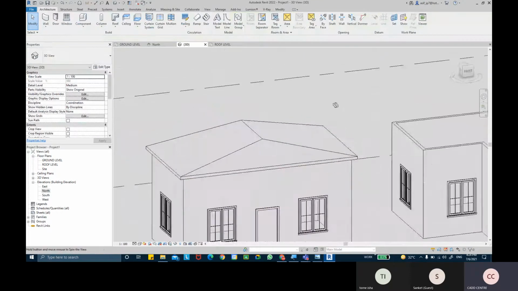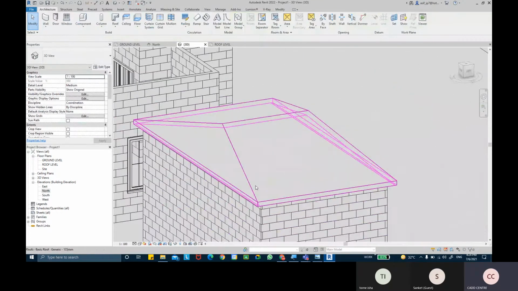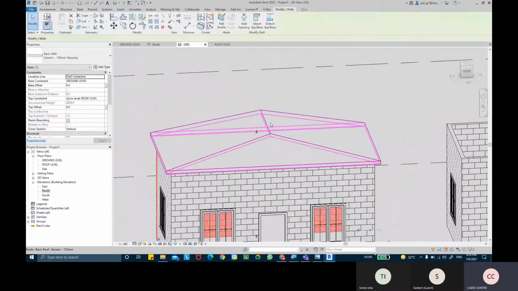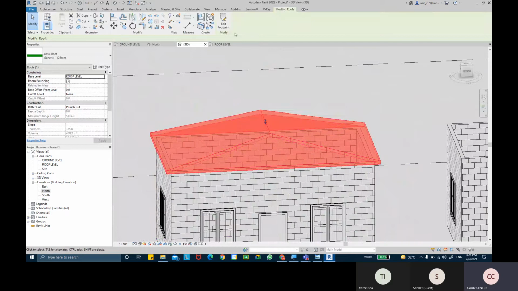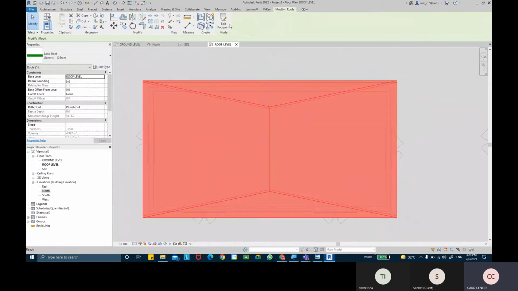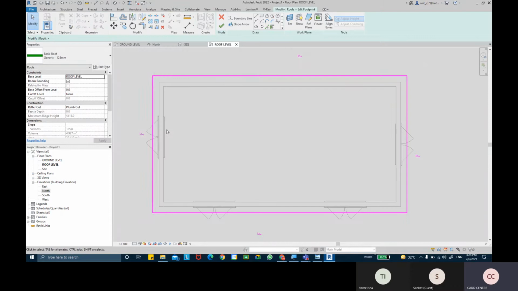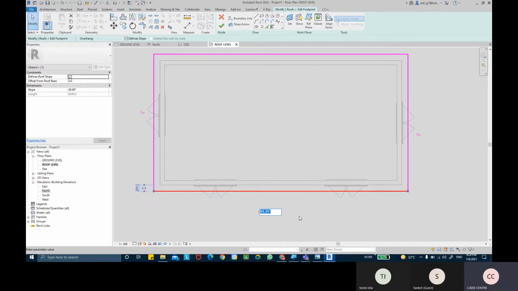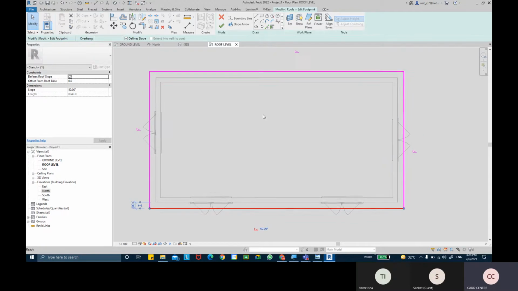Right, so all sides have slopes. This is sloped, this sloped, and slope, slope, slope from all sides. Now, if by chance you want to change the angle of slope, you can once again come into that level, take the roof by footprint command, and change the angle over here. It is currently going at 13.78 degrees, which I can switch to 20 degrees. So these two sides can have 20 degrees, and these sides can have a larger angle, maybe 50 degrees of slope.